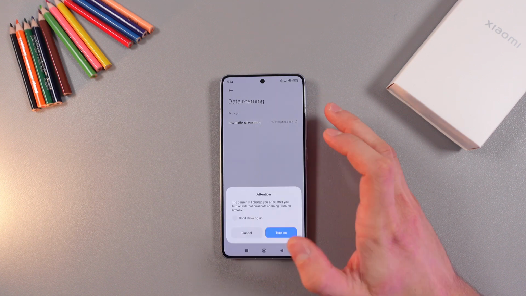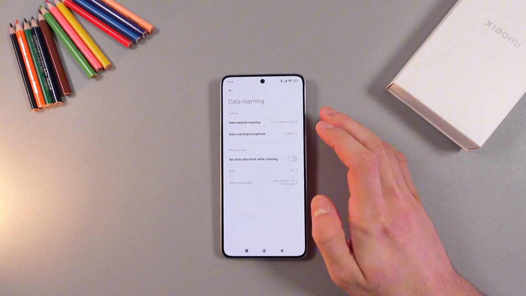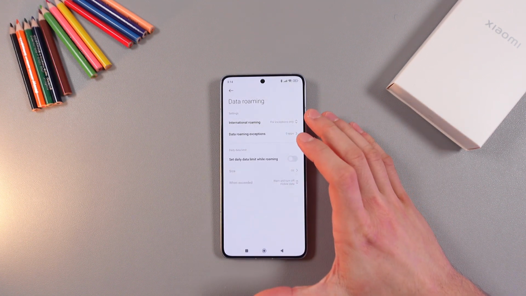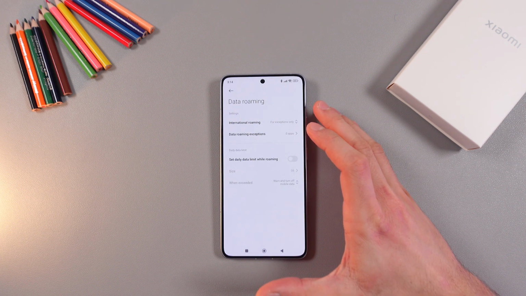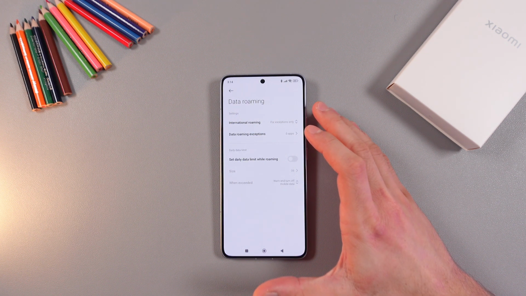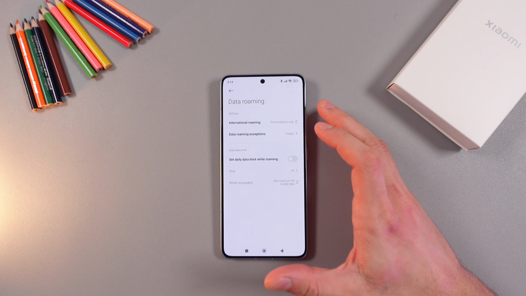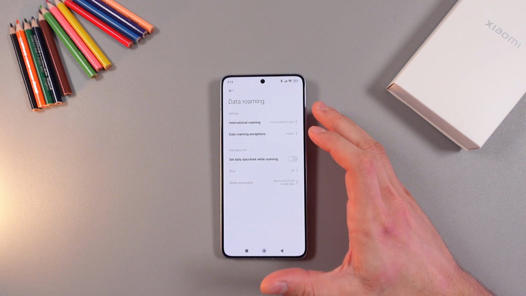Exceptions only. All right, turn on exceptions only. This will allow roaming to be used only in exceptional cases. It's useful if you don't want roaming to be always on, but you would like to use it in certain